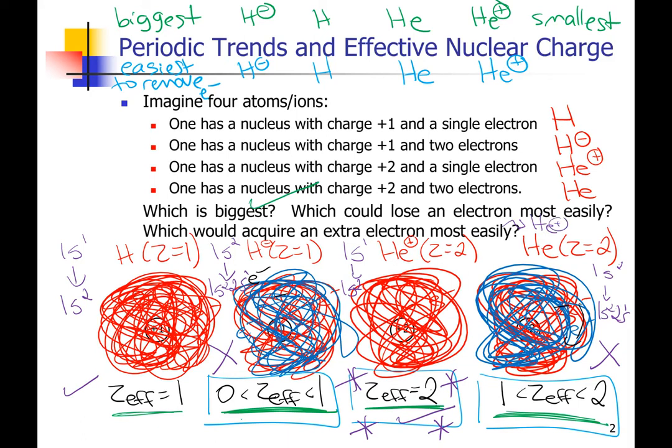And so as you can see, all three major periodic trends, and I've just summarized all three of them, are controlled by effective nuclear charge. How much positive charge from the nucleus reaches the outermost